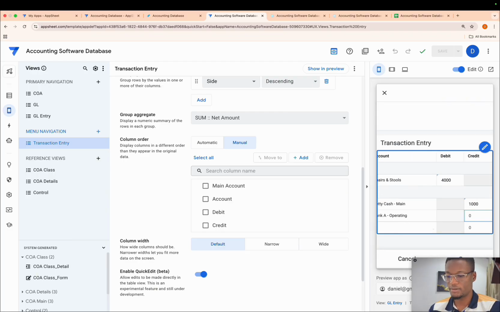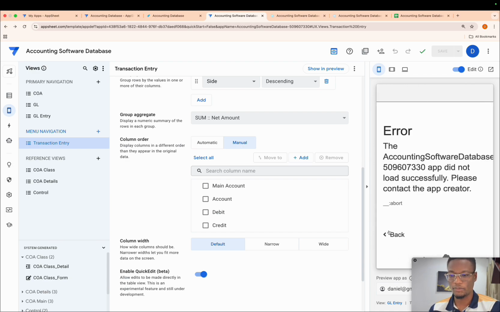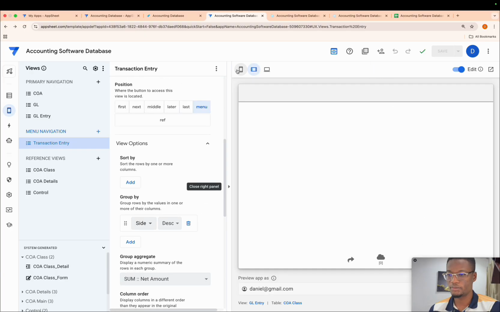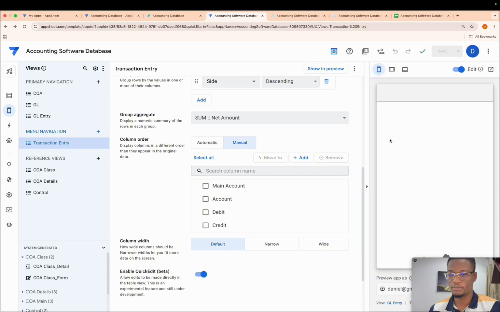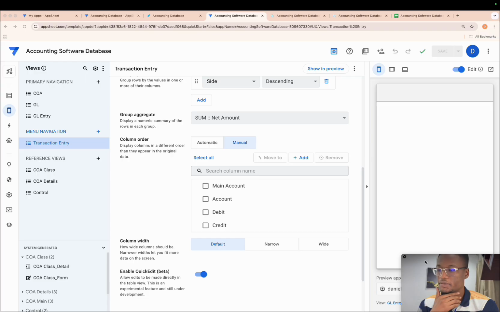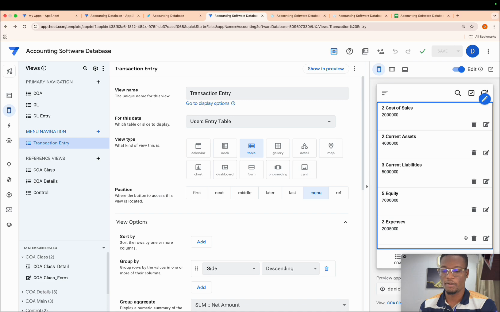That's how much? 3,000. Oh, what did I do? That's interesting. Okay. But I've never really found myself in this situation. Let's see. Let me refresh the app. Okay, it seems I lost that, but you get a drift of it, right? So it allows you to see the sum totals over there.